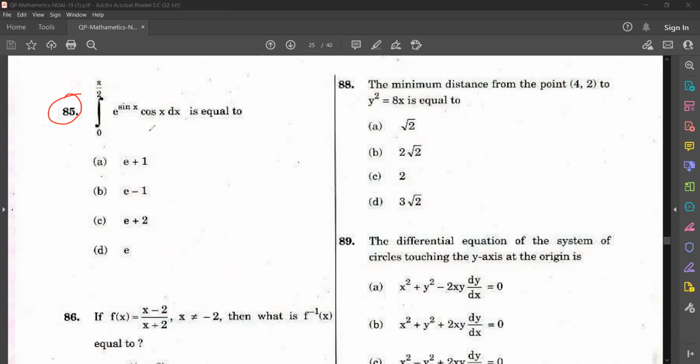See whether you get the answer. If you're getting the answer, just comment it. This seems to be easy because sin x and cos x exist, so usually you will be able to follow the substitution method. Try. You may get the answer while doing the substitution method because sin x is there and cos x is there. So better that you substitute sin x as some variable t. Find out the answer.